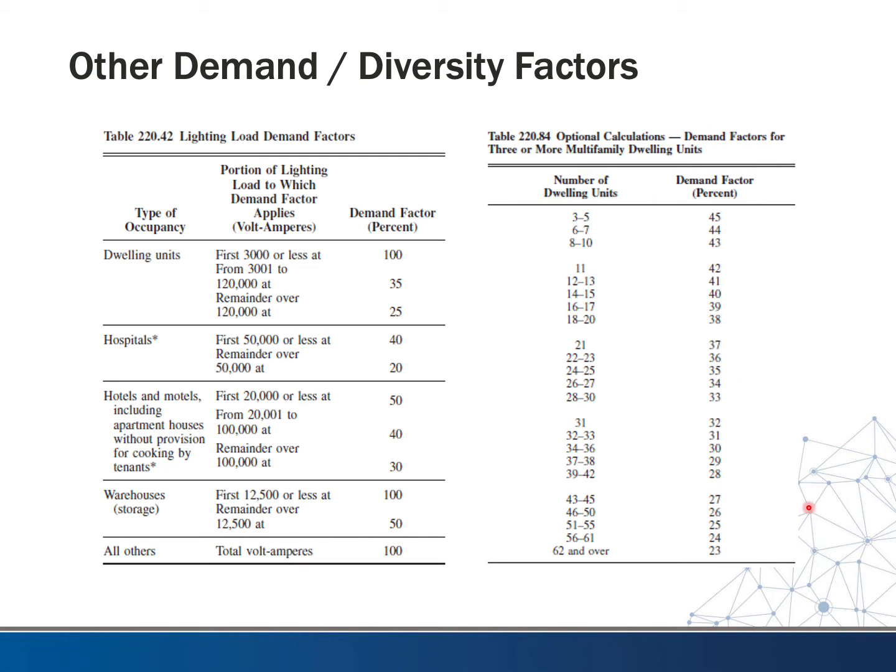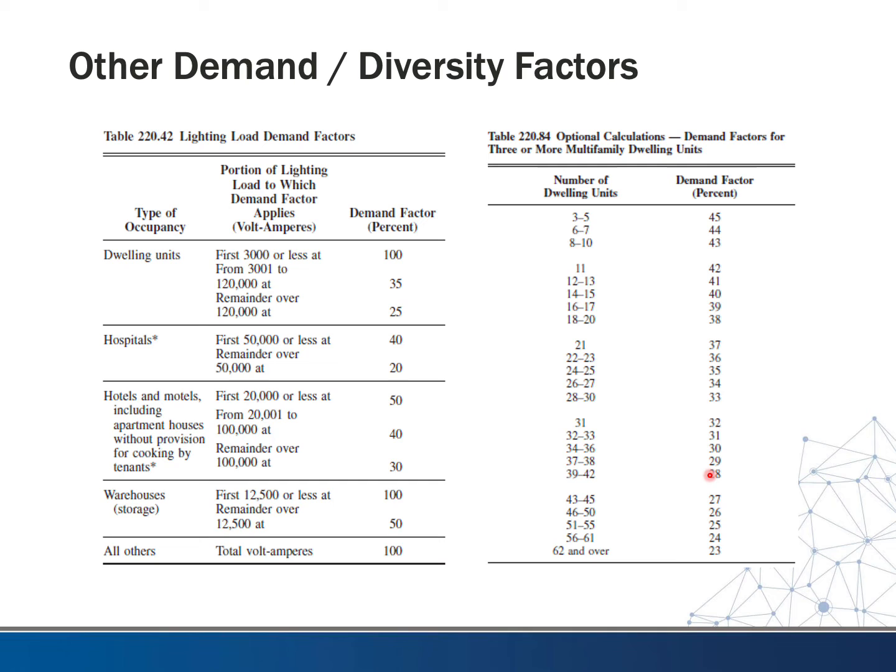Another one we can look at is optional calculations for multifamily dwellings. If you square foot the thing and say 1 unit is going to have this much load on it, we can then add those units up, and then we can diversify. And this will be for the main service. You can really downsize that service quite a bit. If you get up to 40 units